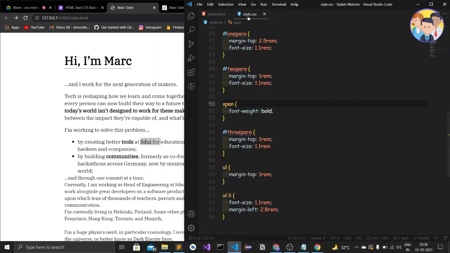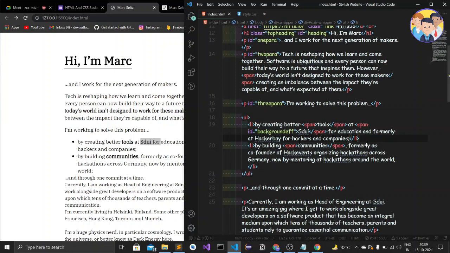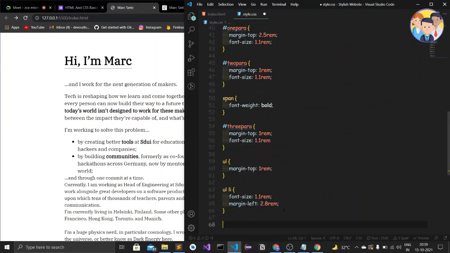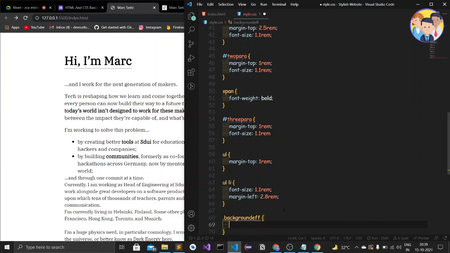So let's change the settings of that span in this code. Let's give it a class, since there are more than one. To give the same value to more than one element, we can give the same values in the class only, not in the IDs, which are unique. So let's give the class as background EFF. Let's copy this, and here I'll paste dot background EFF, and here I will give the stylings as